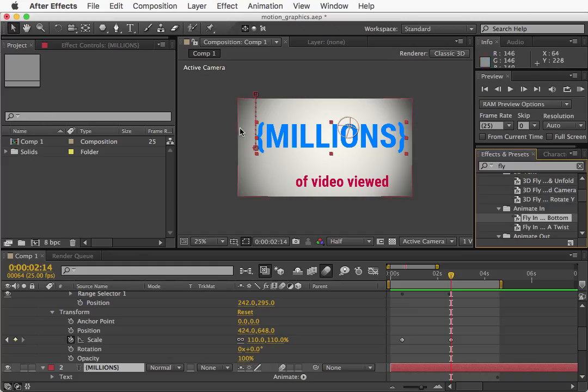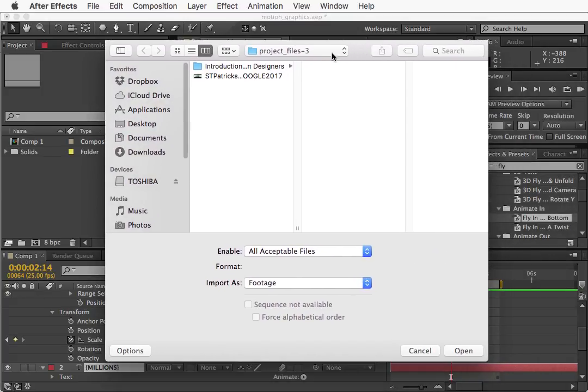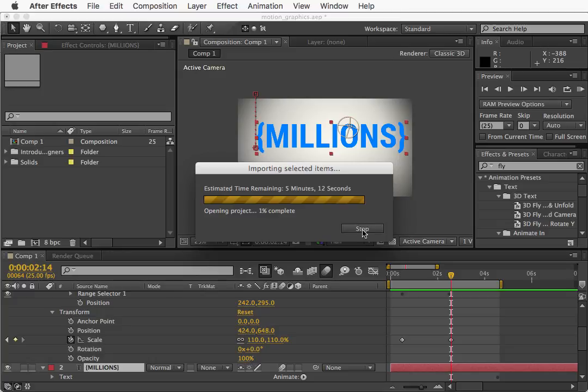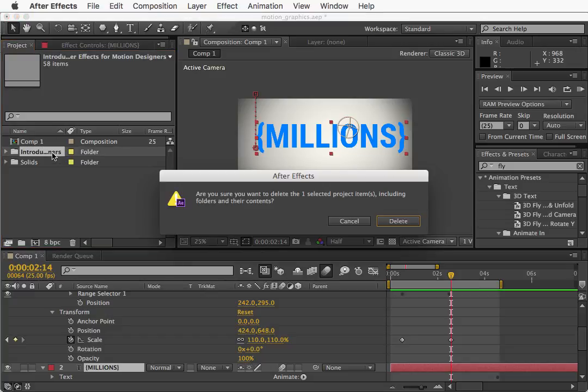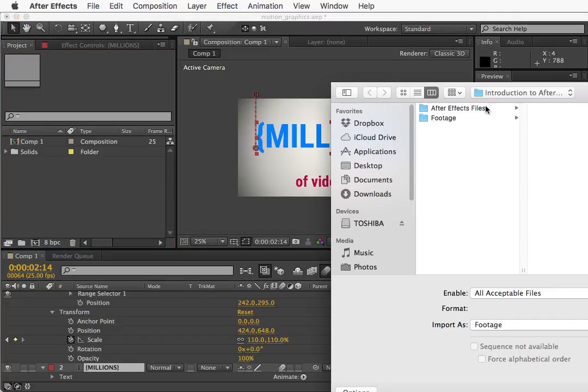So how do we get stuff into here? So if we, in that project browser, if we double click, a dialog pops up. On the R drive you will have introduction. Oh, there I did it again. Be careful that you do not double click something, because if you double click it will get you the whole folder, and that's obviously something that we don't want, especially this one. So let's delete that once more. Yes, I want to delete that, and double click, and then you go, as I said,